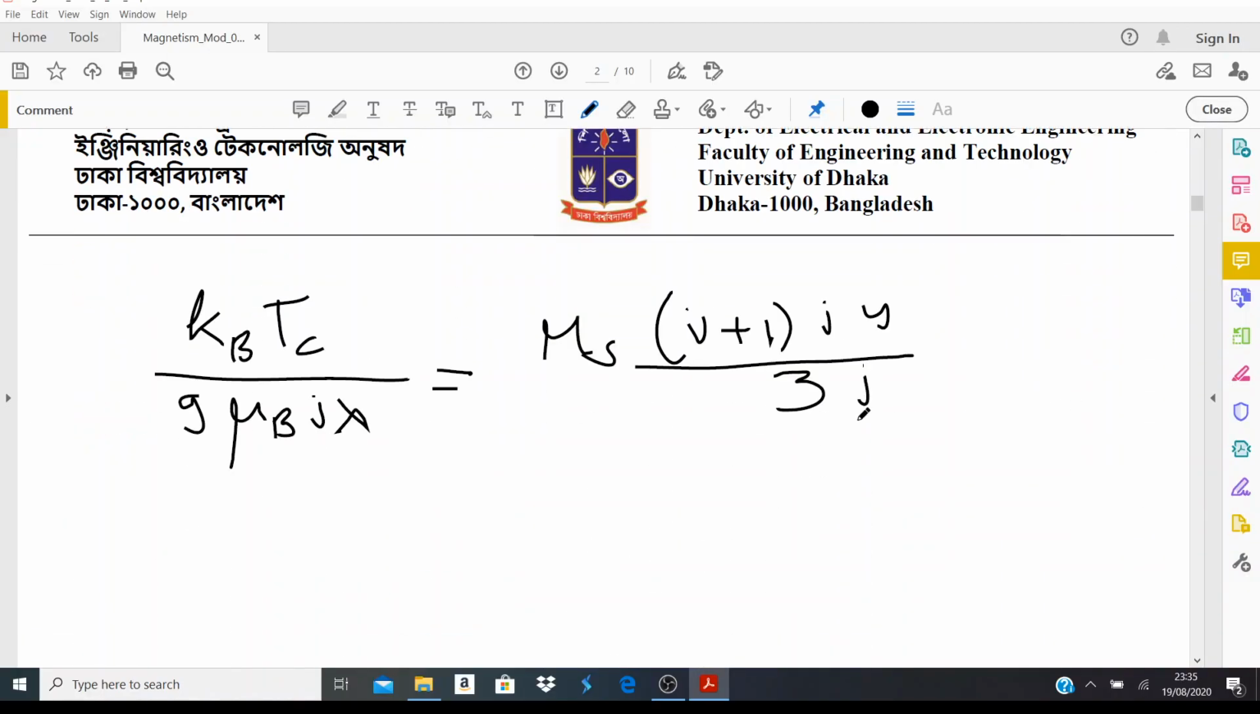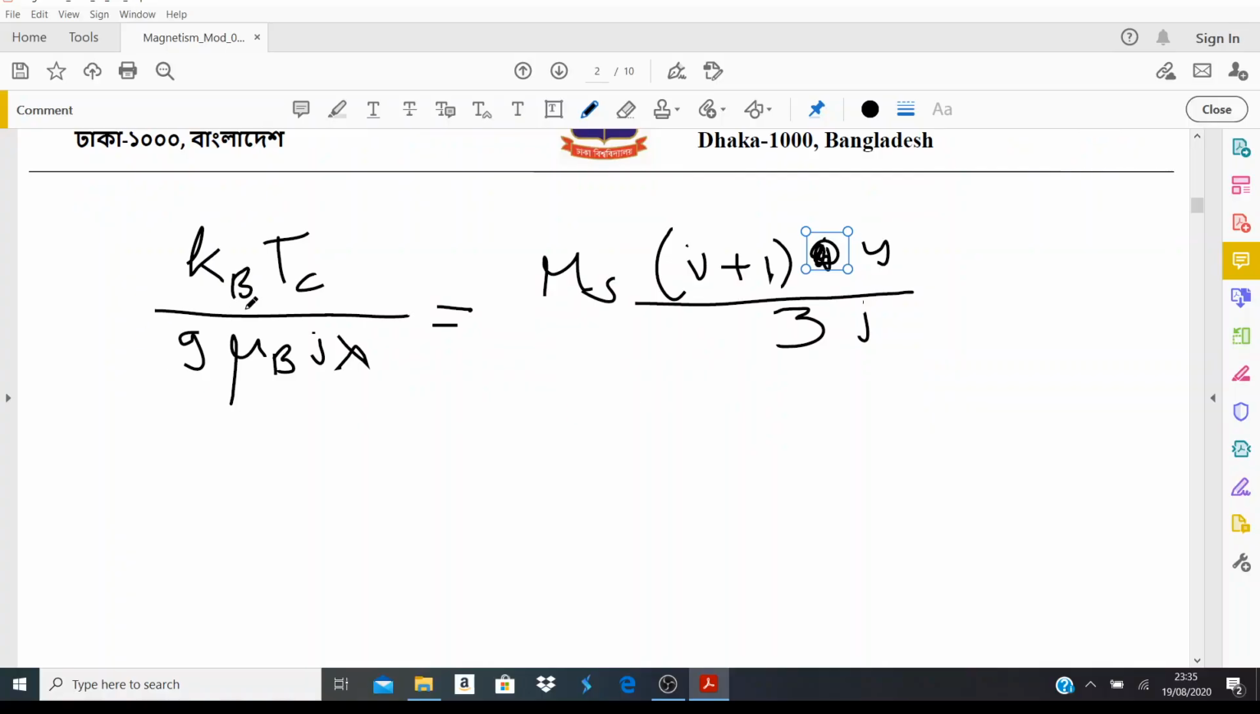So that's the expression. So we don't have any j here. Sorry for this mistake. Now, once you have this expression from here, you have lambda times ms here. So let's find out what is lambda times ms. That's nothing but 3, you can see 3 kbtc, j gets cancelled, so we have 3 kb